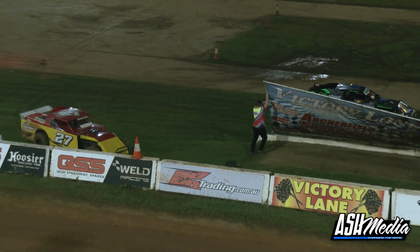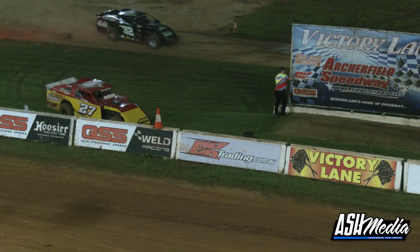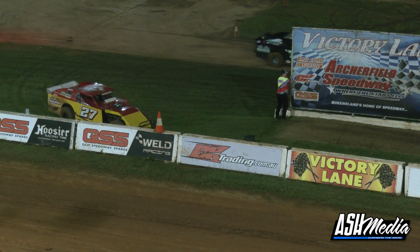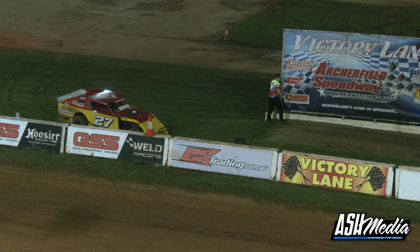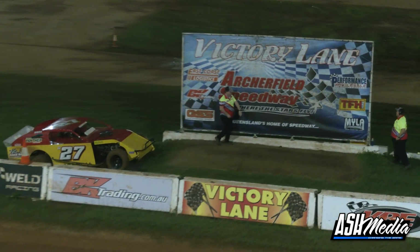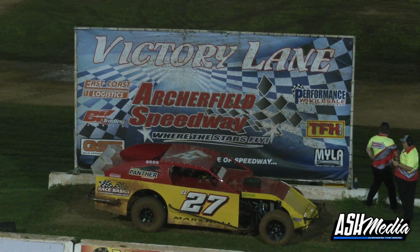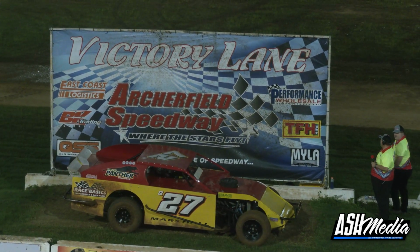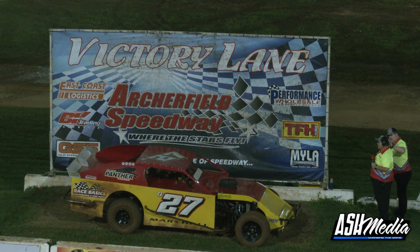Fine drive. Almost came undone with 2 laps left to run as Steve Potts makes his way over there in 3rd spot, the number 32 machine. And great to see Victory Lane finally stood up, boys. Well done. And Bruce Marshall rolls the 27 into Victory Lane. We'll wait for him to unbolt himself from the cabin